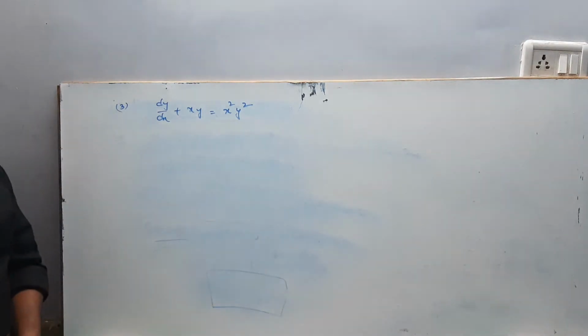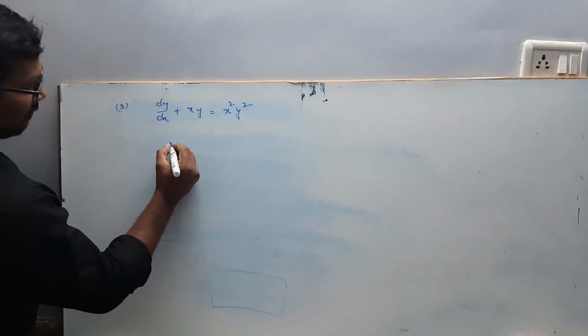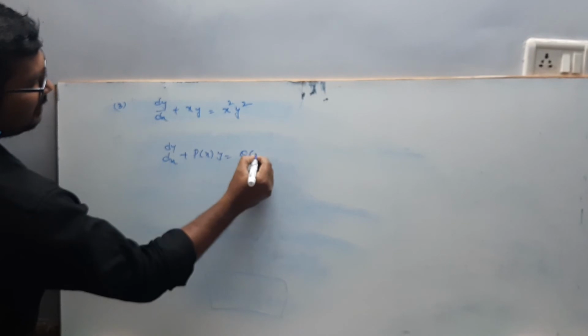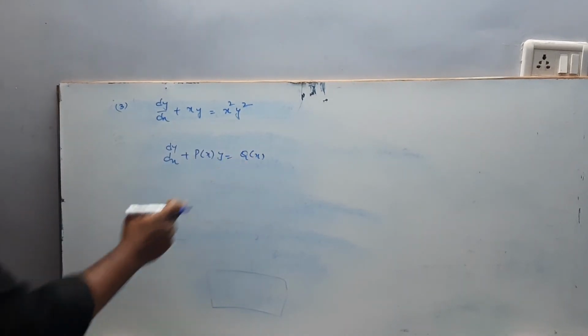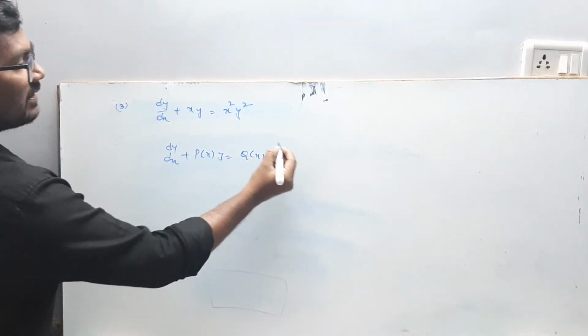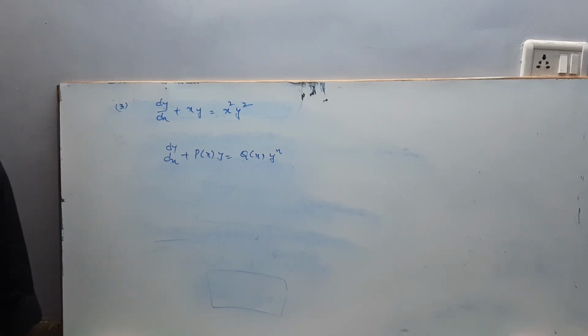These types of equations are an upgrade of linear. It is called the Bernoulli differential equation. I'm writing the general form: dy by dx plus p of x into y is equal to q of x. If I stop at q of x, then it is called linear, what we studied now. Now, into y power n, it is called Bernoulli. Y appearing 2 times doesn't mean sin y, cos y or something else. It means one time a single y and the second time y power something else.